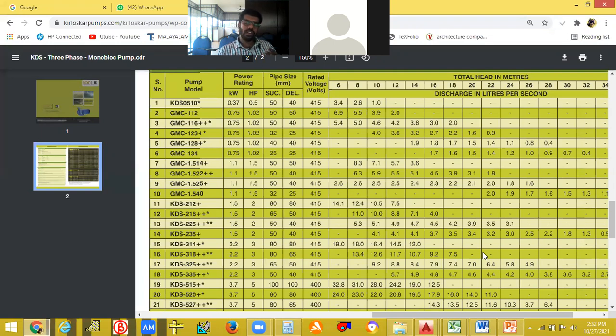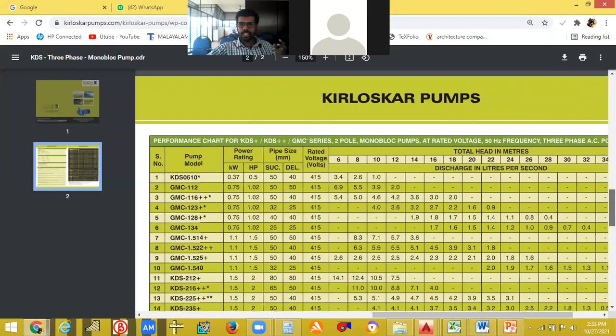capacity. Okay, for example, in your house, you have built a house and you have given the pipe connections and all those things. Next, you are concerned about a pump. You don't know which pump to buy or which capacity of the pump that you need to buy. Okay, so what you have to do is go to a site, download a brochure or a catalog. From there, you choose what type or what brand you are trying to get, and go there, and they will be giving these specifications.